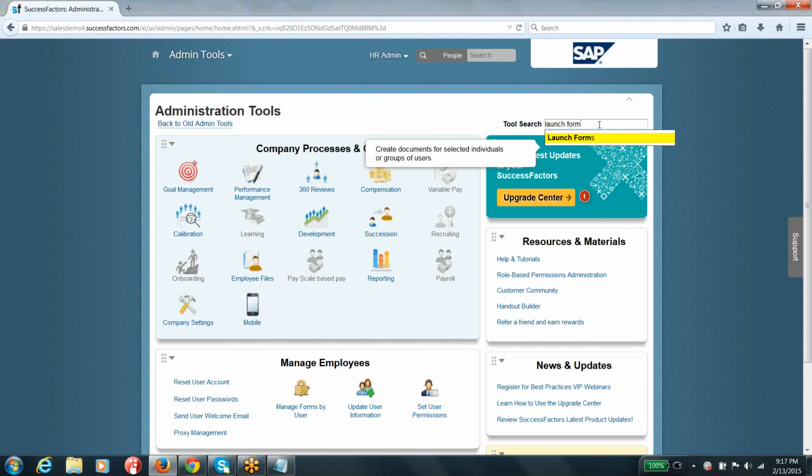Hey, Raghu. I missed something at the initial part. Is there any activation required from the provisioning system? No, nothing. With respect to your roadmaps, rating scales, launching forms, there is no activation from your provisioning system. But when we talk about goals and performance, yes, those modules need that. But with respect to whatever we discussed today, there is nothing. In fact, if something is there, I'll update you guys. Don't worry.